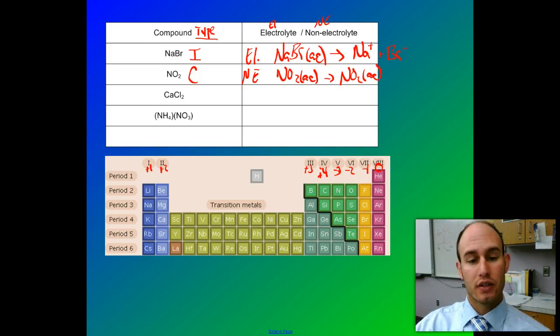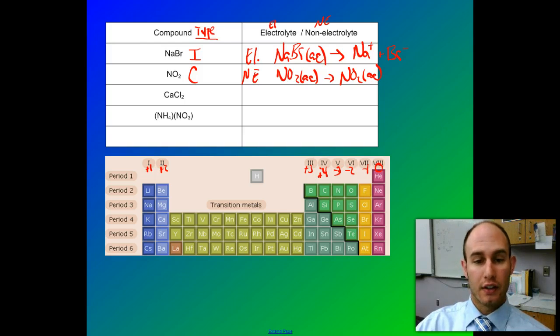Our next is calcium chloride. Calcium is here as a +2 charge. Chlorine is over here as a -1 charge. So that's a metal, non-metal transfer of electrons, so it is an electrolyte. And in water, calcium chloride (aq) will typically completely dissociate, so calcium +2 and chlorine